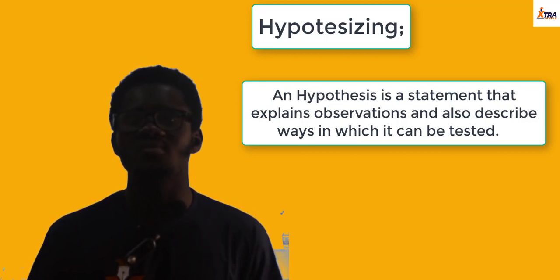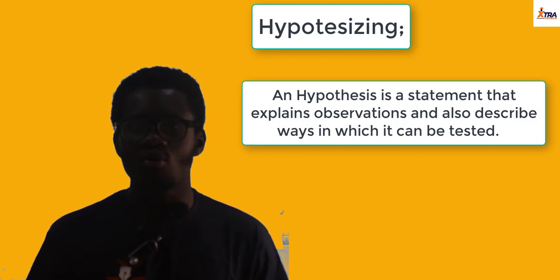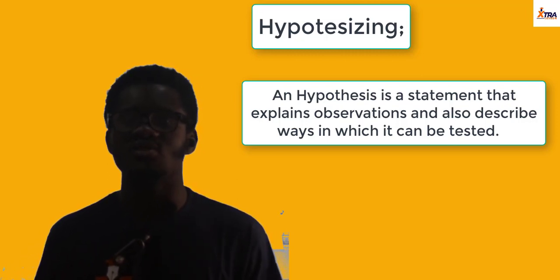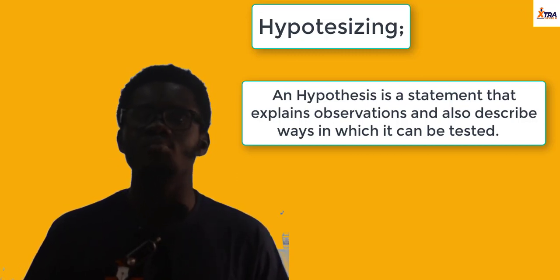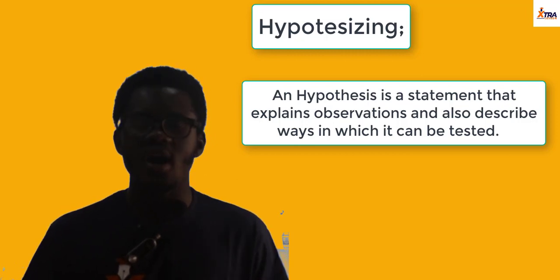You've read about scientists like Albert Einstein, you've read about Lord Rutherford, you've read about those popular scientists, you've read about Marie and Pierre Curie. Today we celebrate them in the field of science. So that's because they follow the process. If they didn't, you won't be hearing about such names today. They follow the process and they got beautiful results which still find applications in today's world. So you have to follow the process.